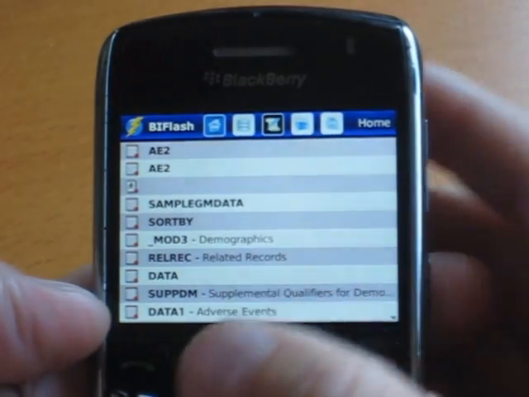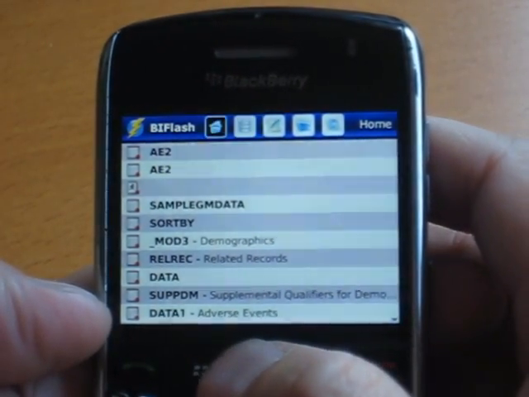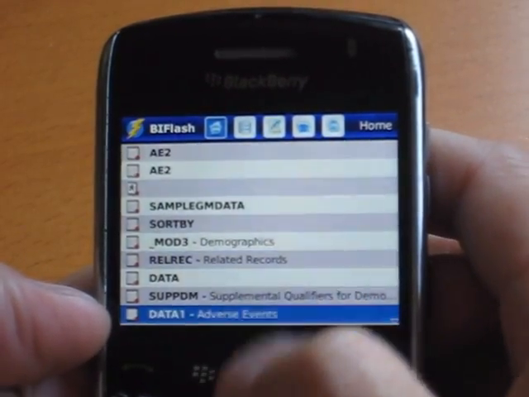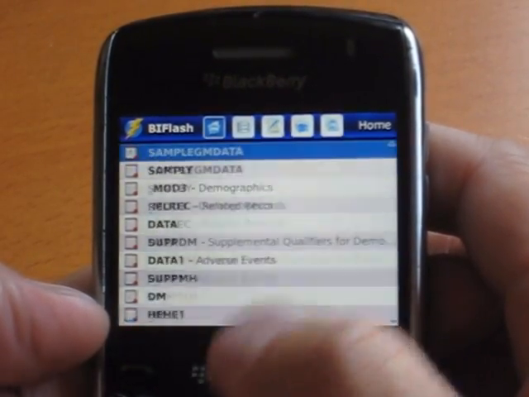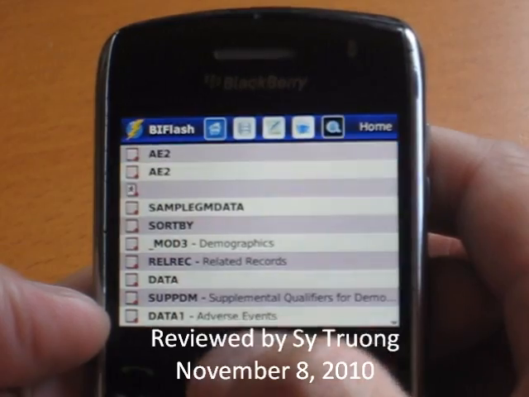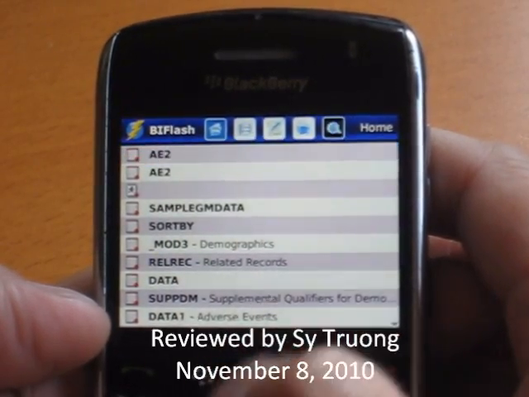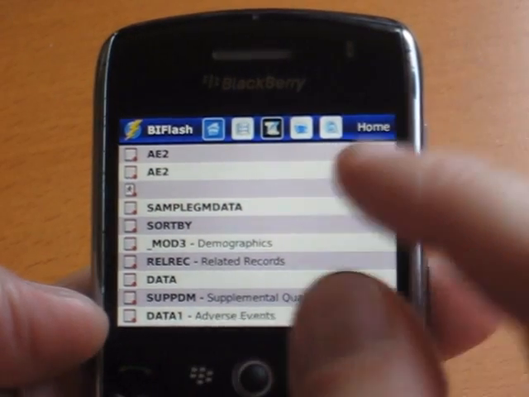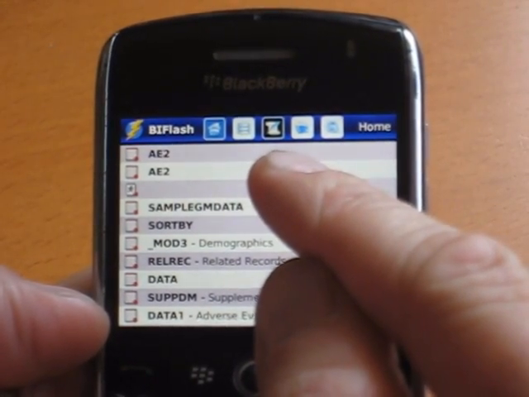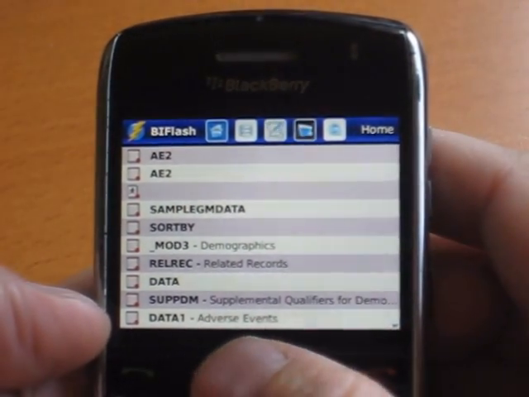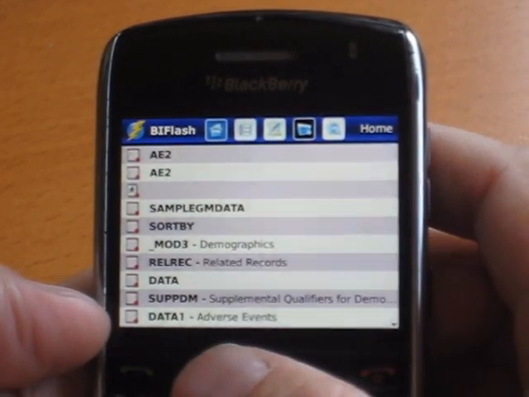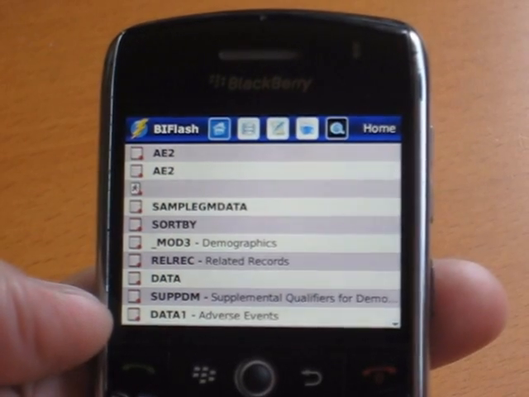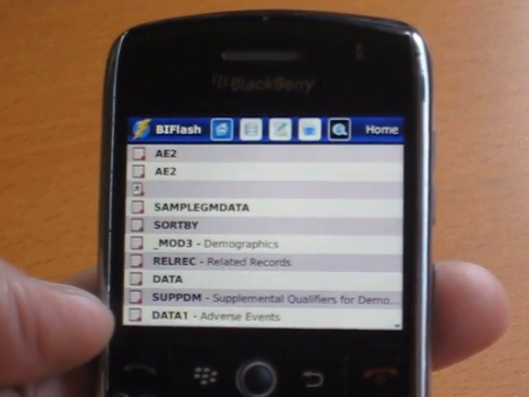top menu here, which allows you to navigate through your home page, which basically lists previous data sets and programs and output that you've recently viewed. Or you can go to the data set selection, or this one is a program, macro, or stored process, and this one is for reports that you've ran in the past, and this is a search feature that you can search for any object that you have access